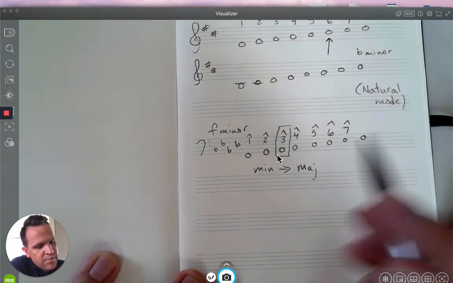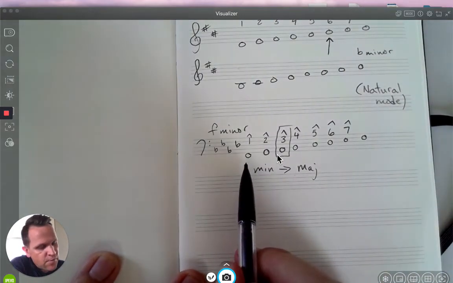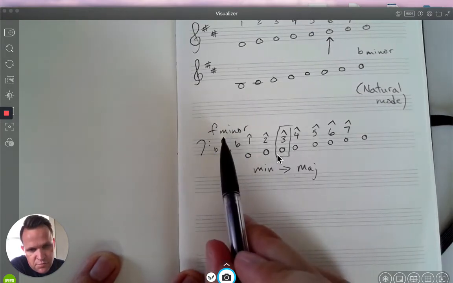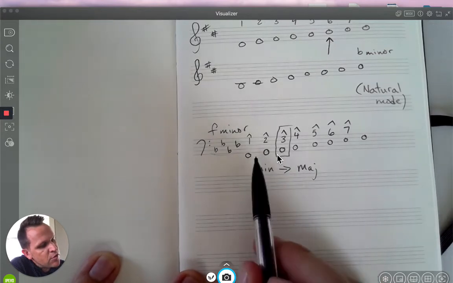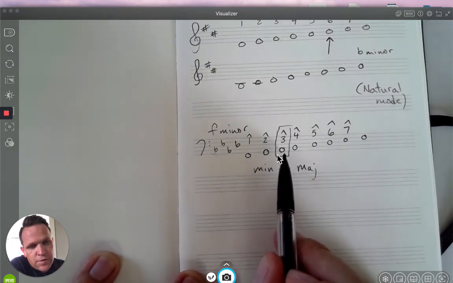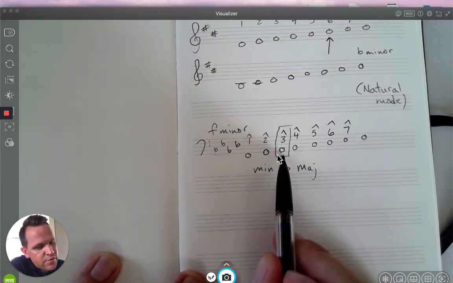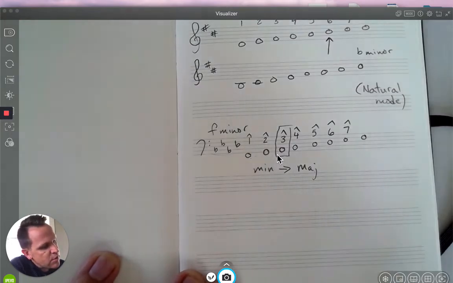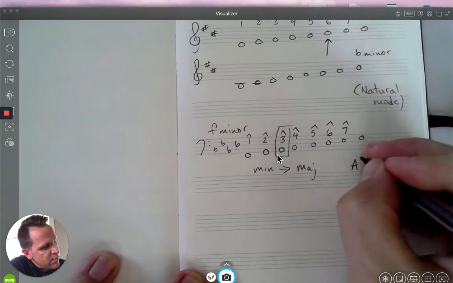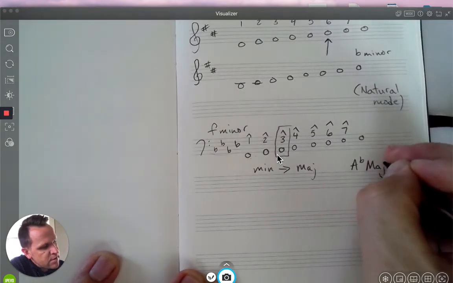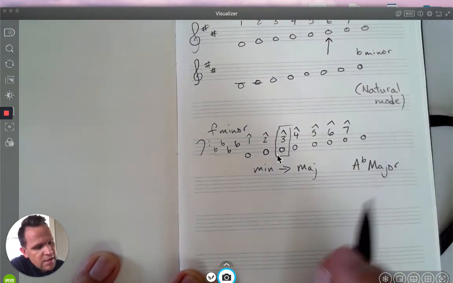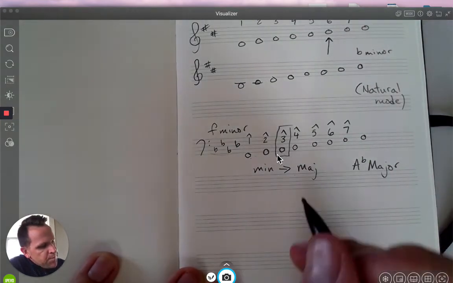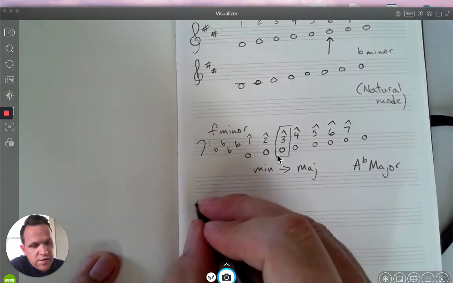So if you have a minor scale given and you're finding the relative major, you can either just look at the key signature, but if there's no key signature, you can go up to the third scale degree, and that note is your relative major. So in this case, we have A flat major as our relative key. And it should have that same key signature, and it does. So that's how we get to relative keys.